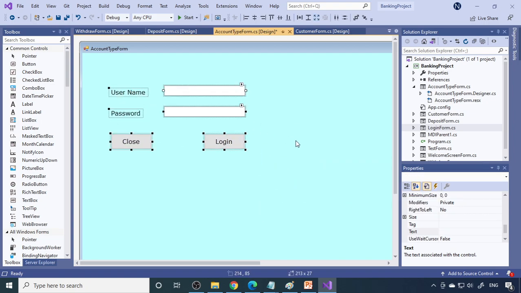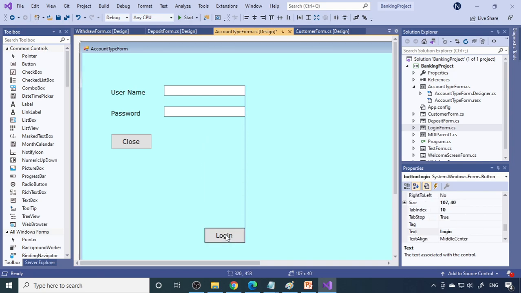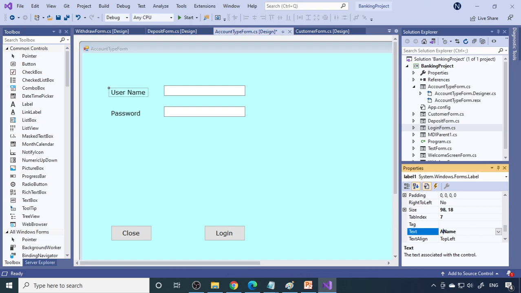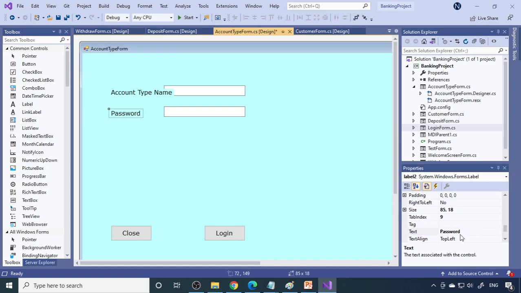Keep it over here. Now this is the account type name, so you can write account type name. And here are the details about that particular account type.